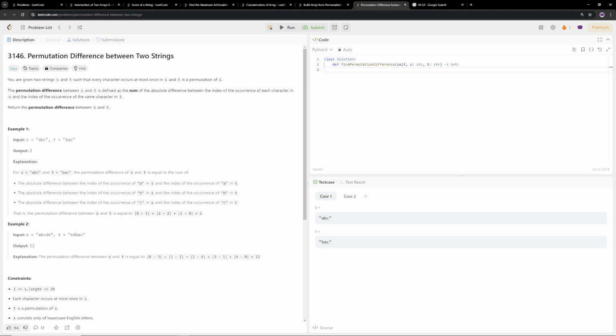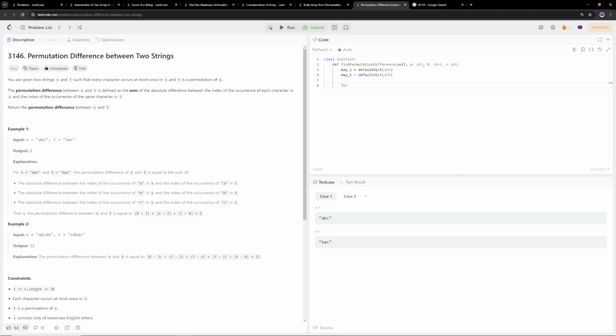To solve this problem, we can also do nested loops, right? But that's going to be O of n squared to find each character position by index. But we can just use a hash map, right? A hash map would give us the positions instantly if we process it. Let's do map of s, and then we do defaultdict again, int, because we're storing indexes, right? And the map of t, default